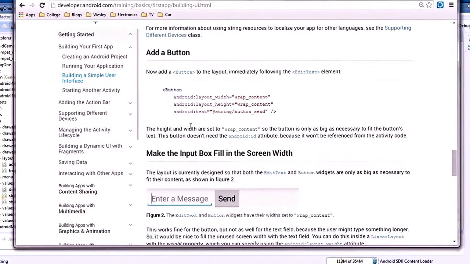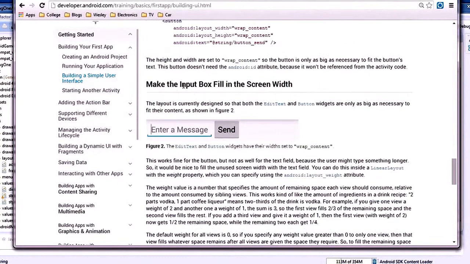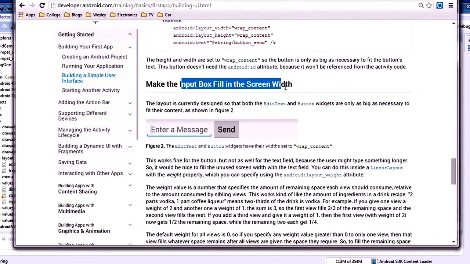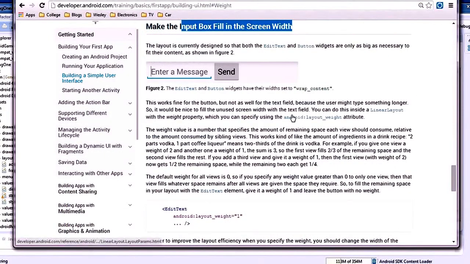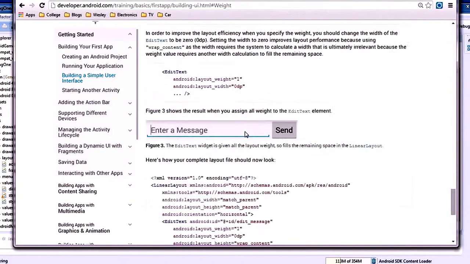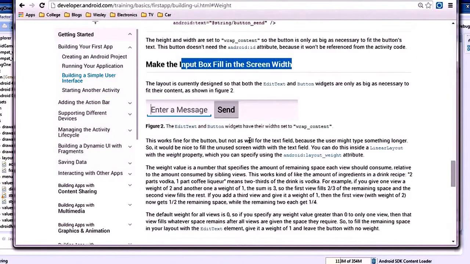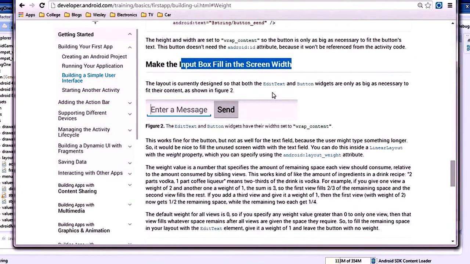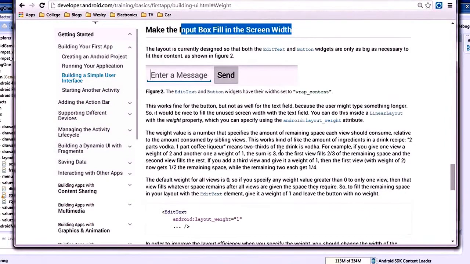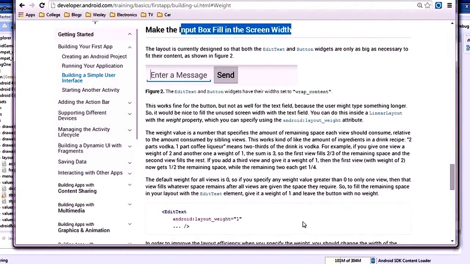Okay, so we've made our button, and now we want to make the input box fill the screen width. Now, incidentally, ours has kind of already done that because we've run out of screen width, but this is still an important thing, so we're going to go ahead and cover this. Basically, each element has a weight, and that weight has to do with how much of the screen it takes up. So if you look here,